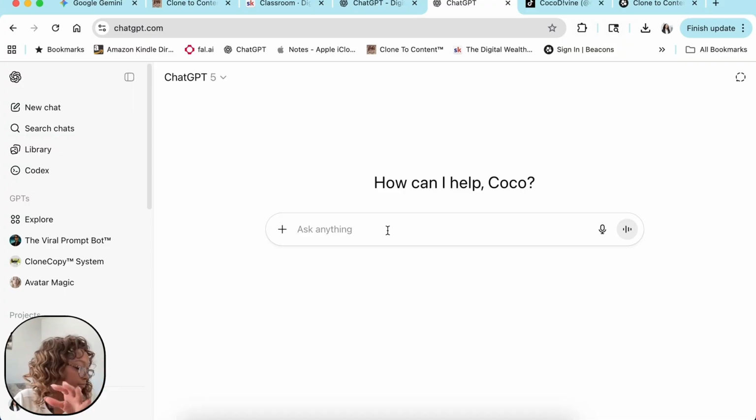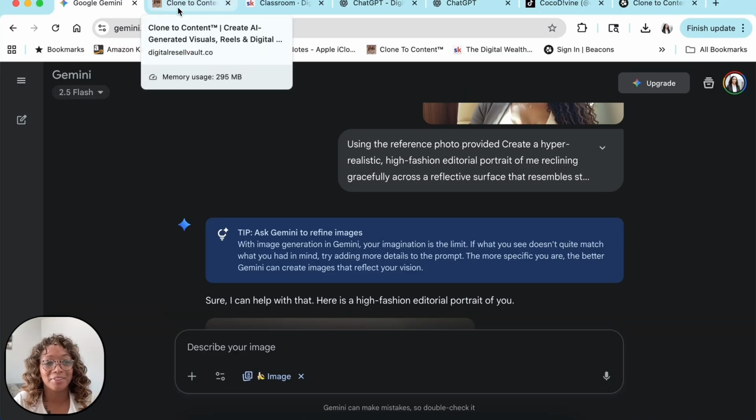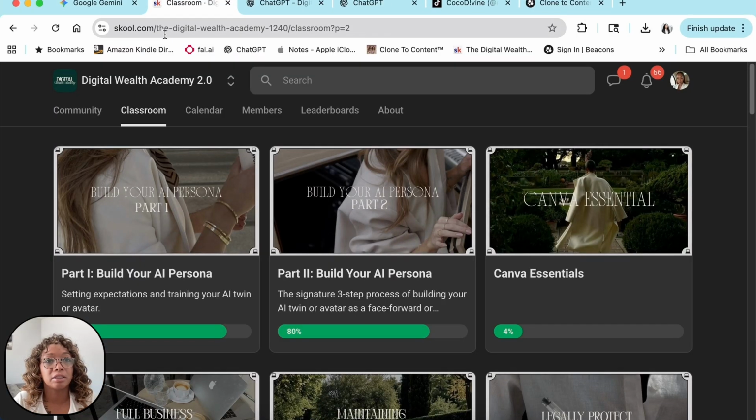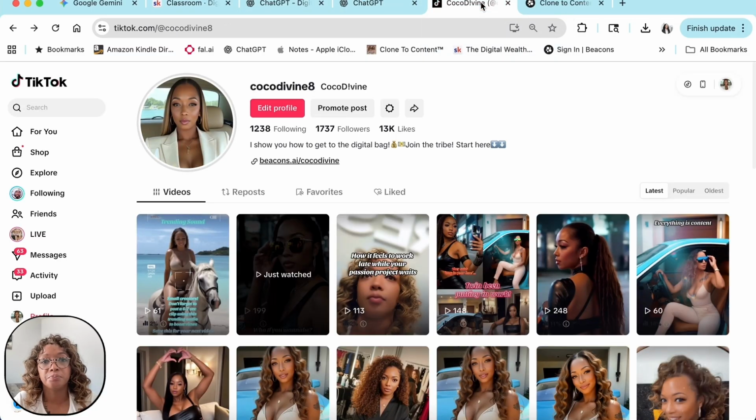If I'm using, there's another one, VO3, Clean, Nano Banana, there's so many. All right, so I got a list right here because like I say, it's so much that I've been learning and so many different ones I use for different things that, yeah, it's overwhelming, but it's fun and you just have to have yourself organized. All right, so I've already shown you clone the content. I'm gonna close that out. We already went over that. So that's my Chat GPT.